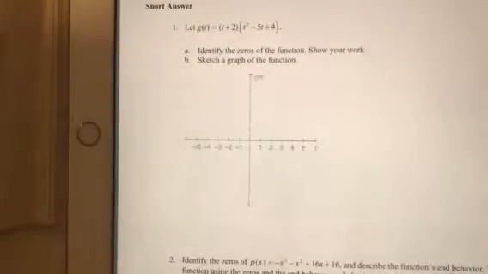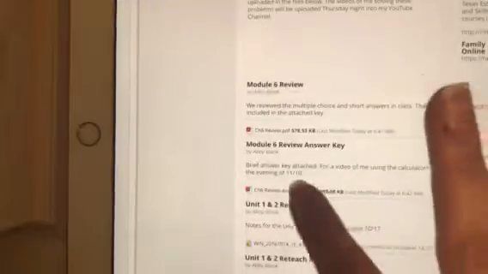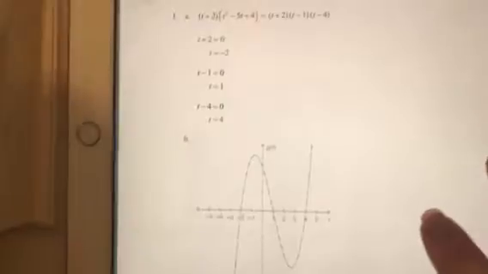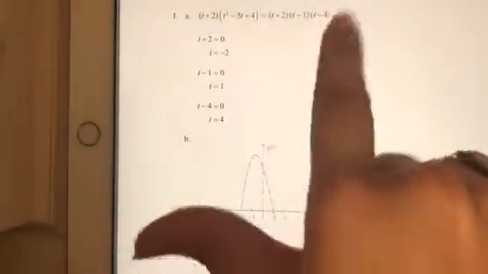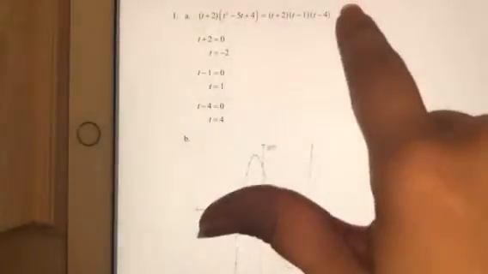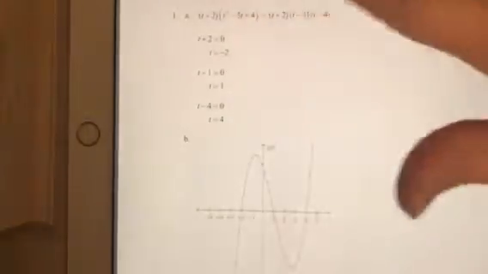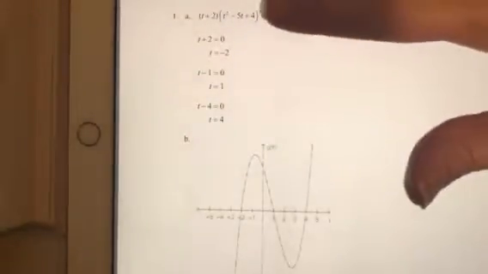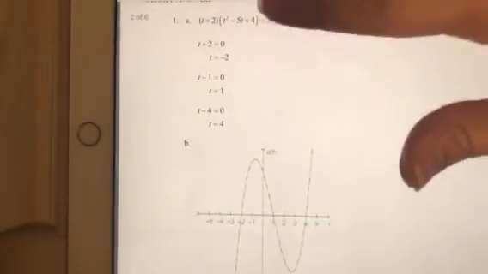To do the short answers, what I'm going to do is I'm going to flip back over to the answer key because the answer key actually gives all of those answers right there. So for short answer number 1, here is our equation. And even if you ignore this part and you just look at the equation, you can graph it in your